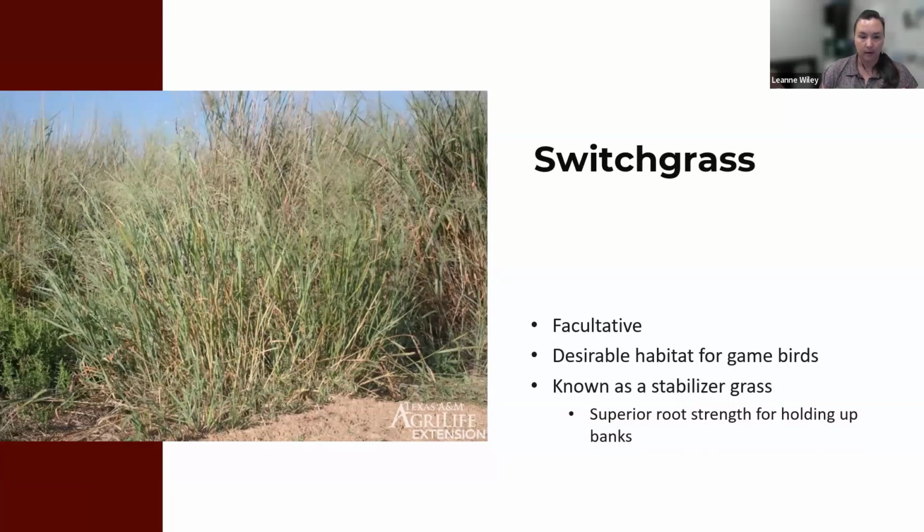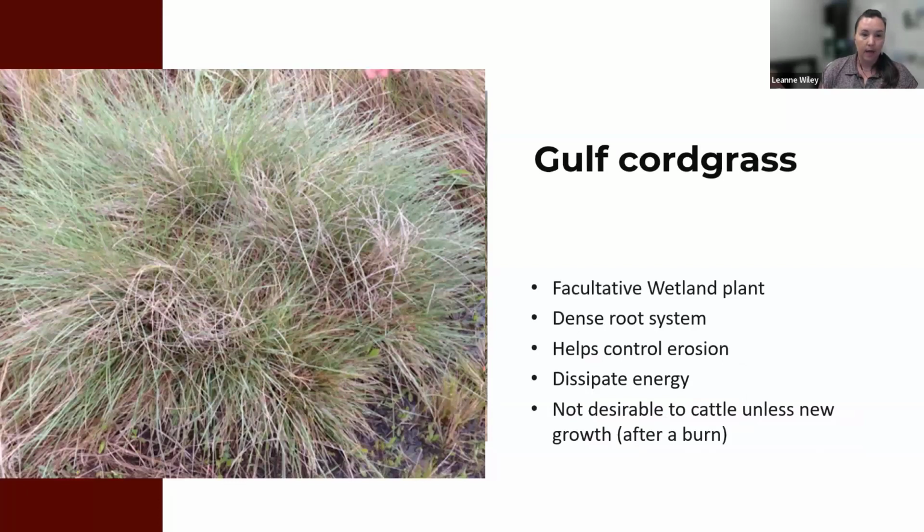This is also desirable, and many of these plants are desirable not just for livestock, but for other types of animals as habitat and food. Gulf cordgrass, I'm not sure who's all familiar with some of these plants. It's a plant party, so I imagine y'all have gone over a ton of them, but Gulf cordgrass is one I'm familiar with, being from Matagorda County. It does have a very dense root system, and it helps control erosion, so it is a desirable plant to keep out there. It does populate and take over.